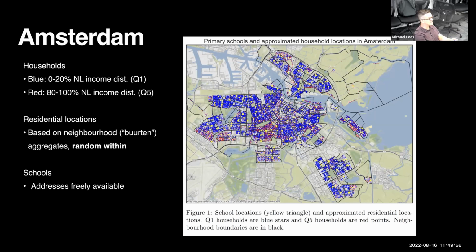What this means is that you need a high density of schools. So there are a lot of primary schools, but they're relatively small. You don't see the Singaporean style, which is 1,500 students. It's about 300, 400 students. And what it means is that when you're living in Amsterdam, you can walk in any direction within a kilometer and you'll have quite a lot of schools to choose from.